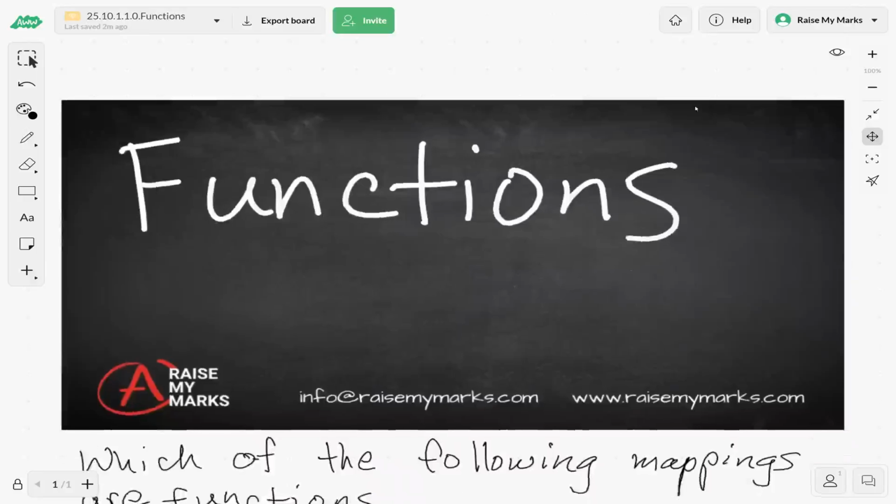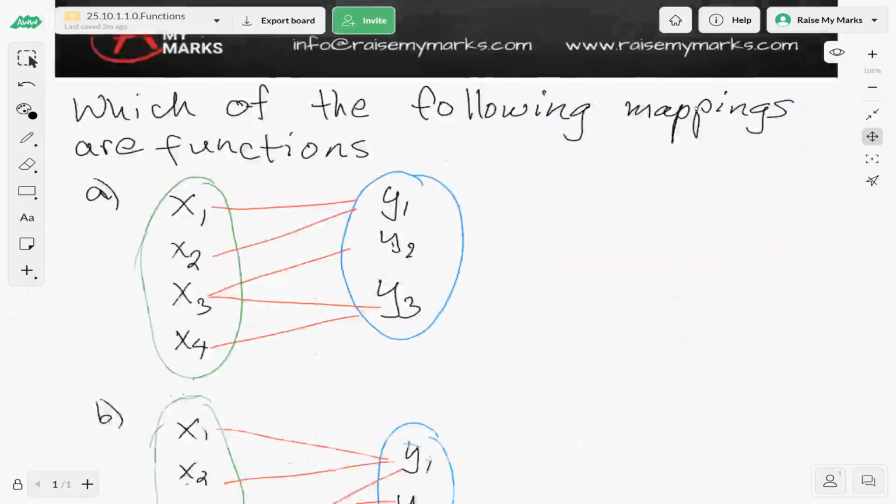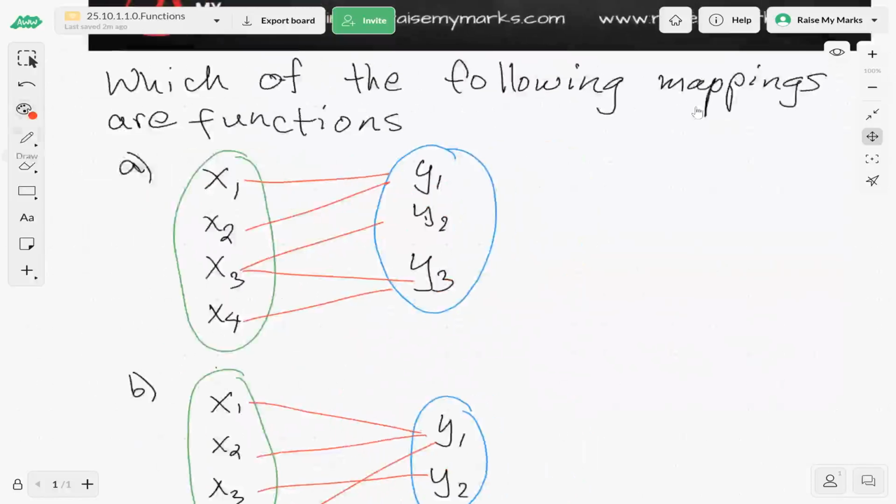Hello, so today we're going to look at functions. So what is a function? Our first question is, which of the following mappings are functions? So let's first understand what a function is. A function is a mapping